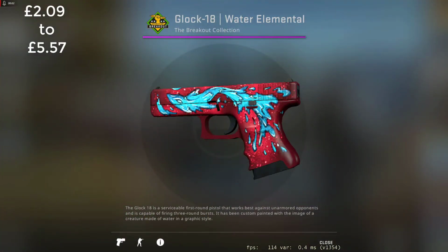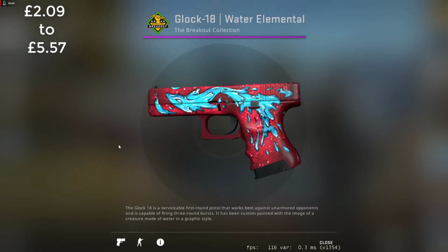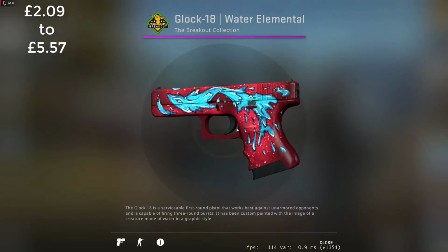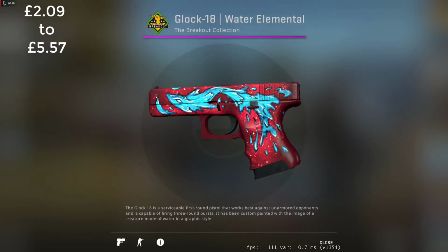We are obviously going to have the Glock-18 Water Elemental for the Glock skin. It's a brilliant red skin. It's quite old now, it's Breakout Collection, but it's still very popular. You can get it from £2 to £5 depending on the condition, but Field-Tested and above will do, and it looks